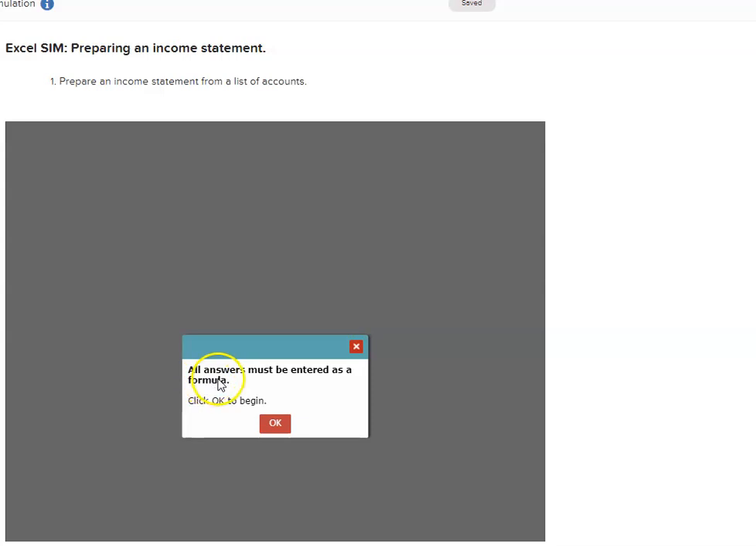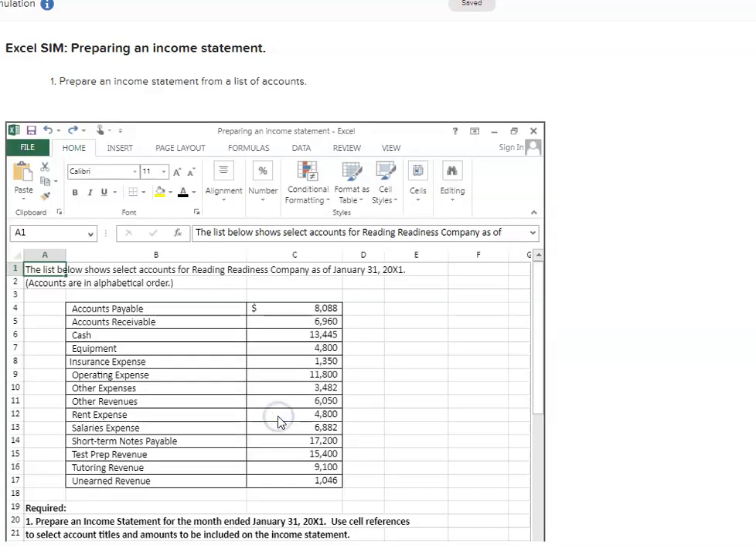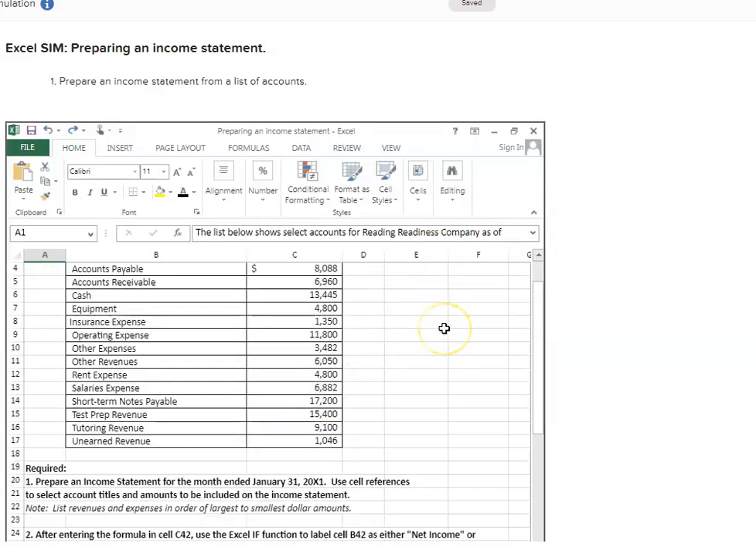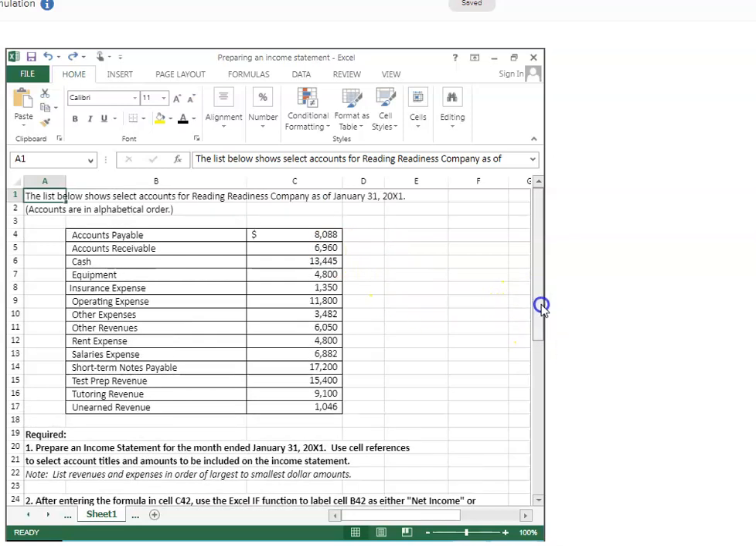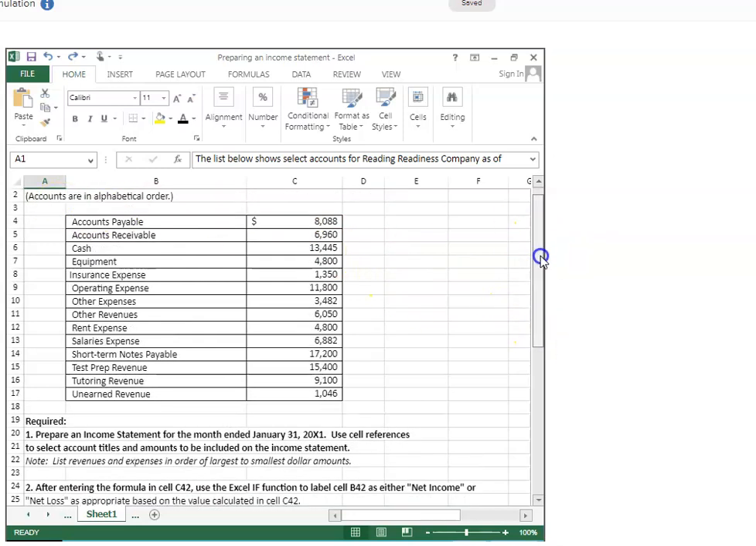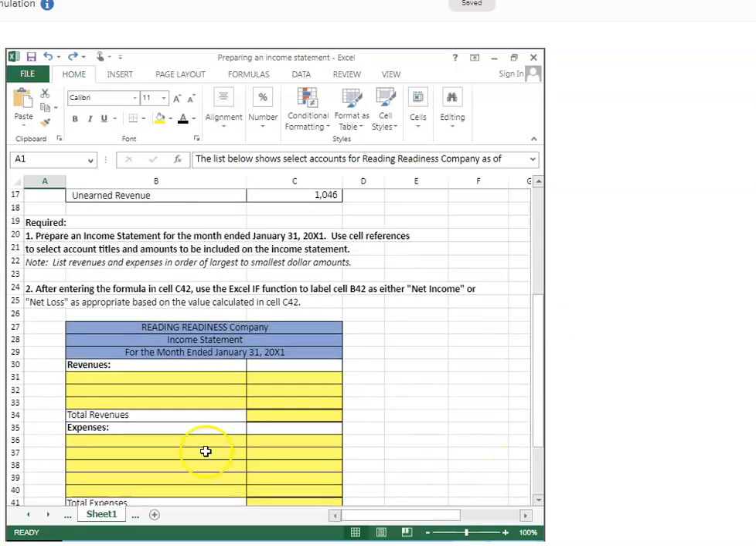the first thing you're going to see is all answers must be entered as a formula. Okay, so now here we're looking at the Excel sheet, and I don't know if your numbers are the same as mine or not, but we're just going to show you what's going on here. So when you come down, what you need to do is fill in the yellow part. So first of all, we're going to look at revenues,